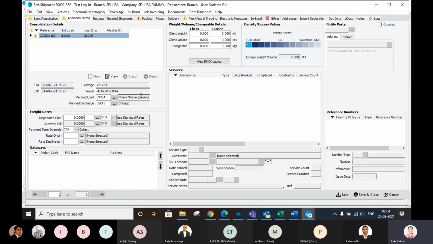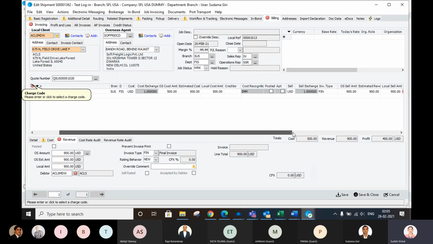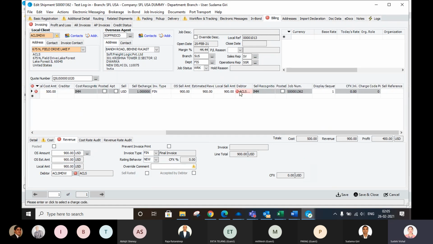So Sudama, if you can save this, I think there is some error in the billing with the department. Revenue.